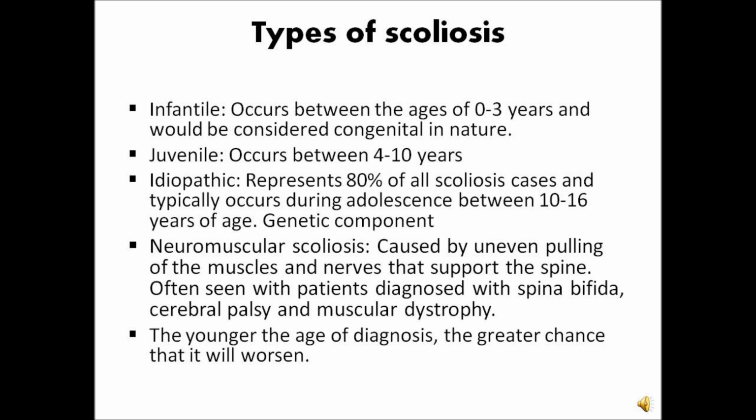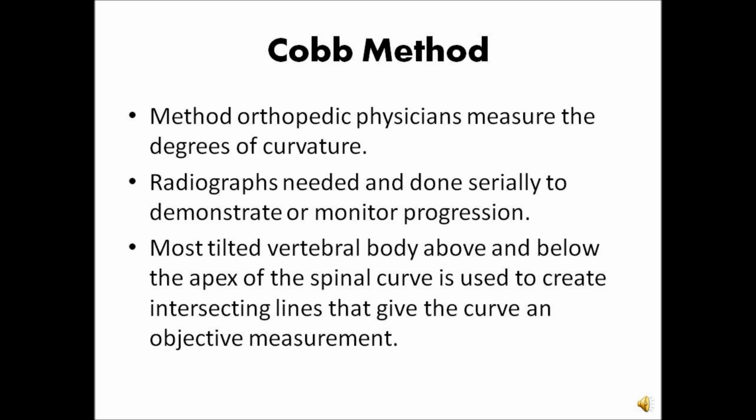Types of scoliosis. There is infantile, which occurs between the ages of 0 to 3 and is congenital in nature. Juvenile, which occurs between 4 and 10 years of age. Idiopathic, which represents 80% of all scoliosis cases and typically occurs during adolescence between 10 to 16 years of age. There is a genetic component with this type of scoliosis. Neuromuscular scoliosis is caused by